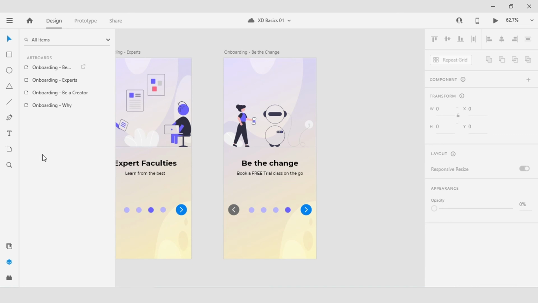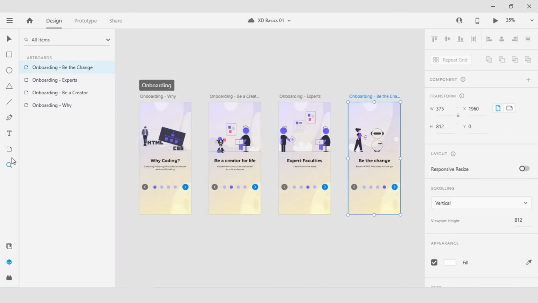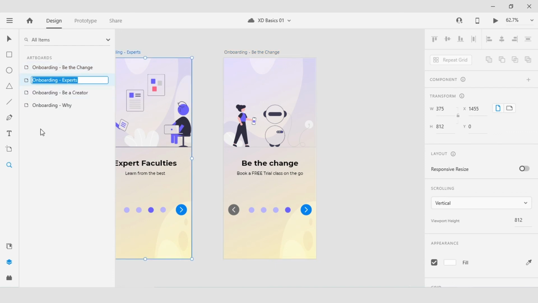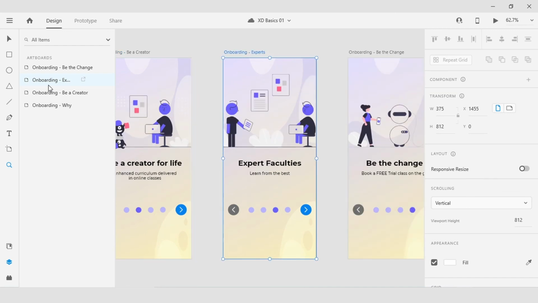Let's say I wanted to jump to the first onboarding artboard here. What I can do is click on it once to select it, and then we are going to use that magnification, that zoom trick that I have showed you. I'm going to hit Command on the Mac or Control on Windows and then number 3 to zoom into that particular artboard. So with it selected here in the Layers panel, I hit that keyboard command. If I want to go back to the section where we were earlier, I will come back to the one below here, the second onboarding artboard, and click on it in the Layers panel. Then hit Command or Control 3 once again to bring me back or focus me there on the hotbar.